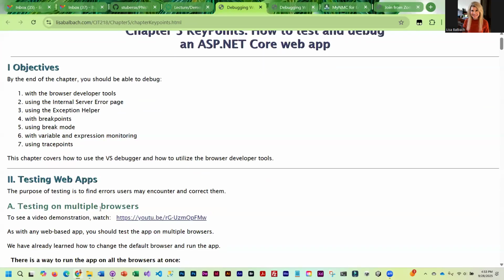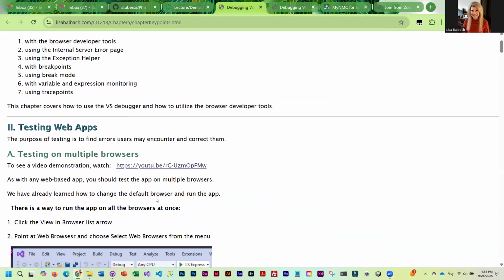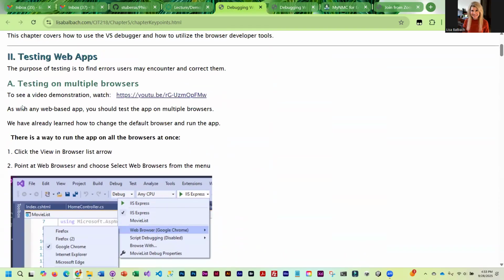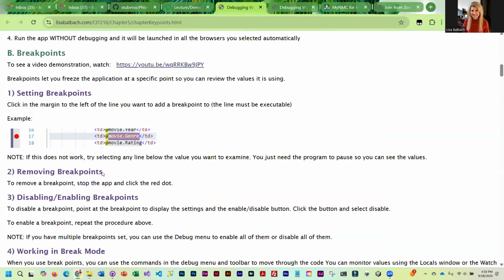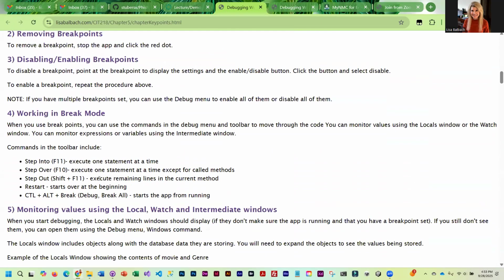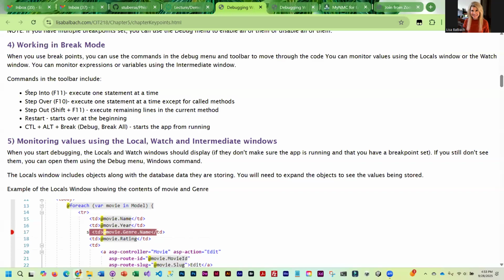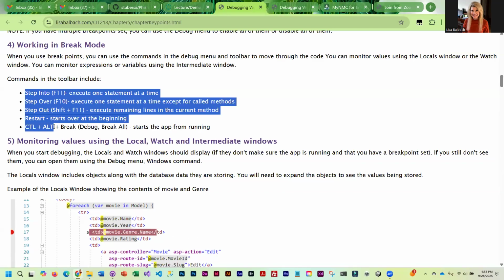There are a couple of applications that you will be downloading and adding breakpoints and trace points to, and they have errors in them that you will have to fix. The first application is from the textbook authors, so you can read about how to test things on multiple browsers, how to do the breakpoints,